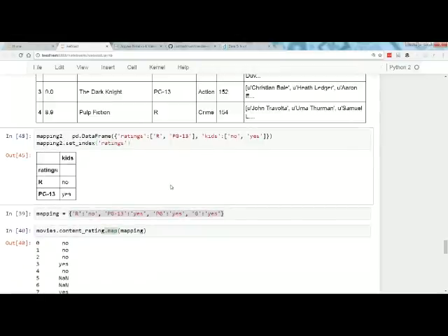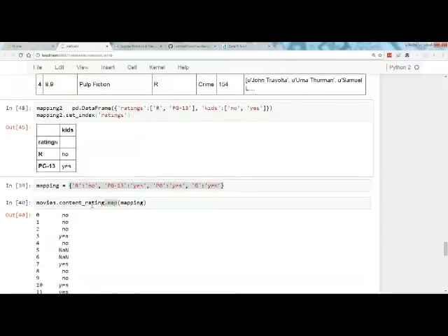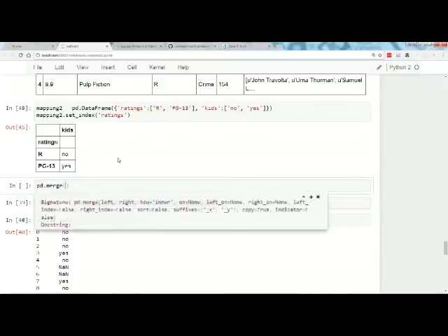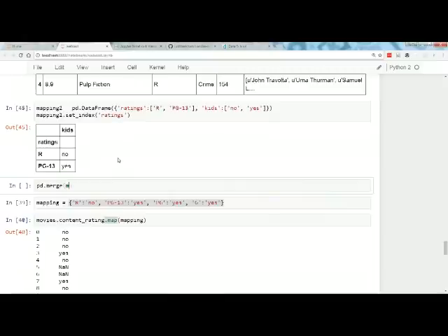And then I think I would do a merge between this data frame and movies, and I would tell it to join on, left on, well, if you've done a merge, I could try it right now. pd.merge, and I don't remember all the parameters, movies, mapping 2, left on equals content rating, right on equals ratings.